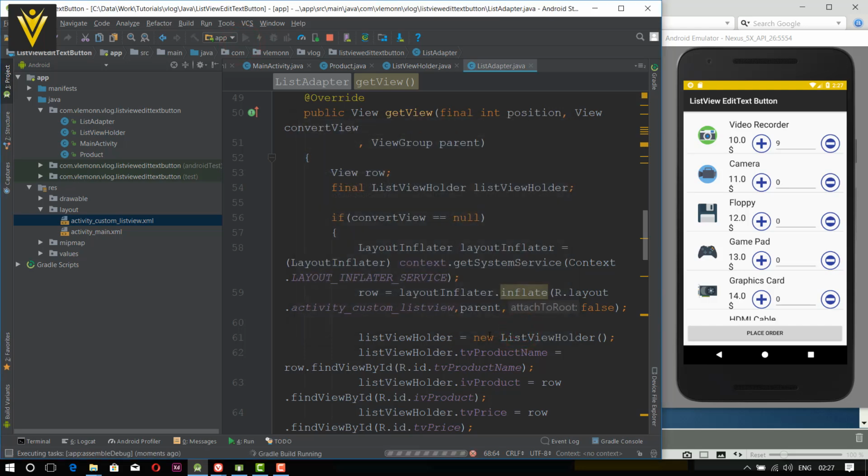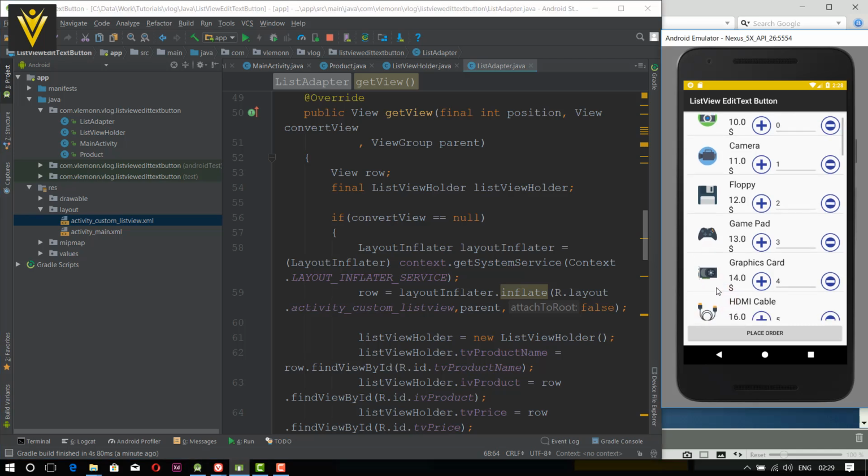So these changes are going to be effective. Our app is started successfully. So for our first product, the position is 0, and our convertView is also null. So convertView is null for all the rows which are visible first time. convertView is null for our first product, second, third, fourth, fifth, and up to 6th product. When I'm going to scroll my list view,